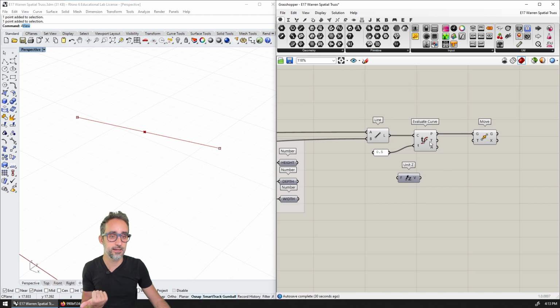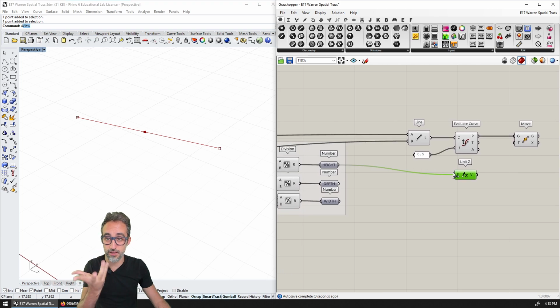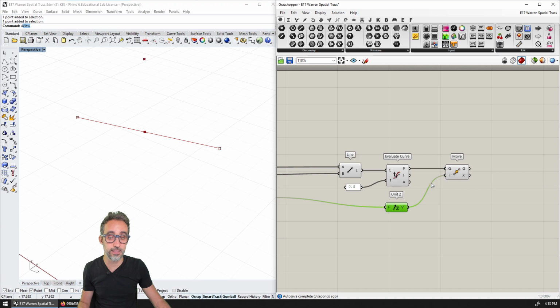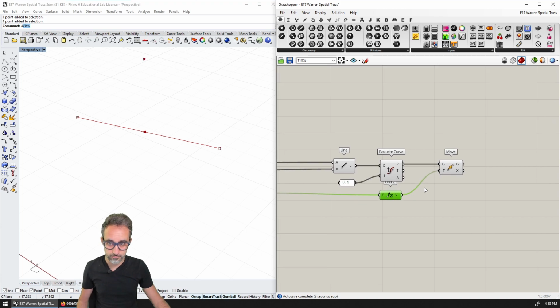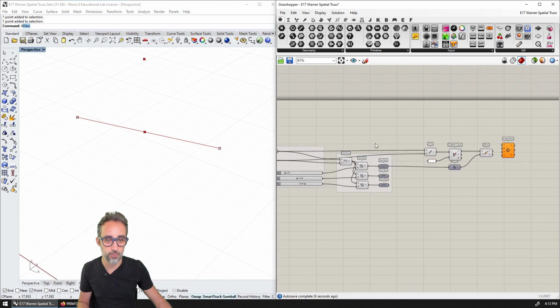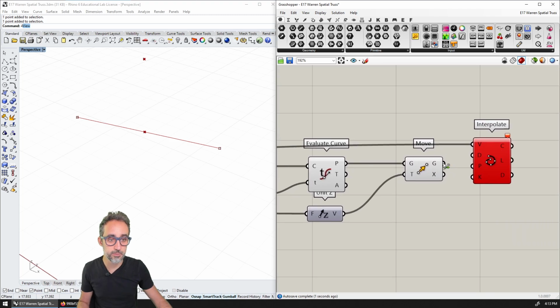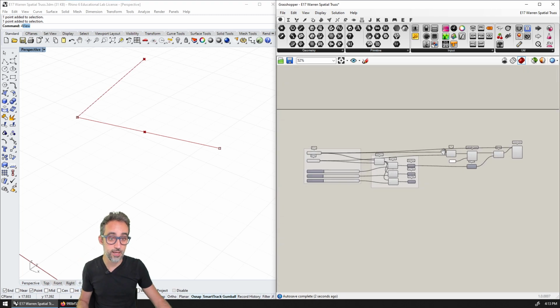So as I was saying, I have my point here. I want to move it up. I control amount z, which is going to be equal to the height, this value that I've already computed. So I plug that in here, and then I can now create, for example, an interpolated curve, which is going to go from the start point, the start support, to this point in the middle that I generated. So I plug in by pressing shift so that they both go in together. And then the third point is going to be the end point. So I also shift add it here.